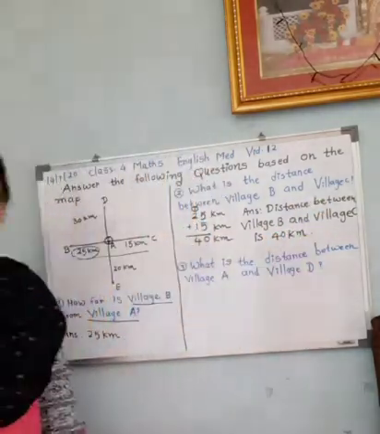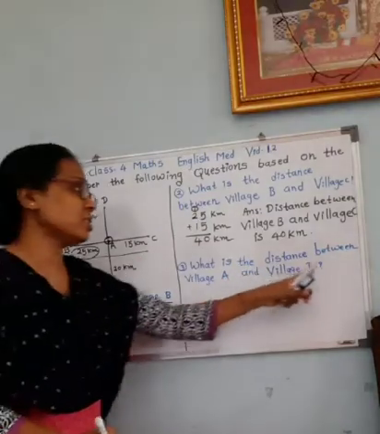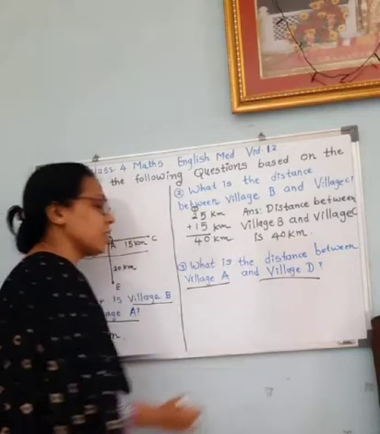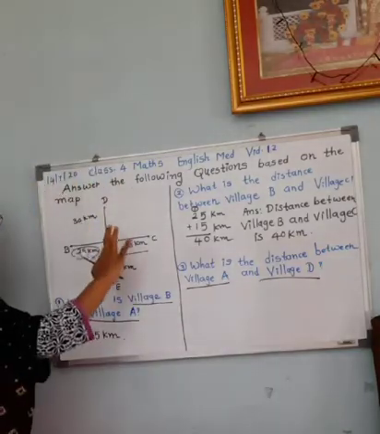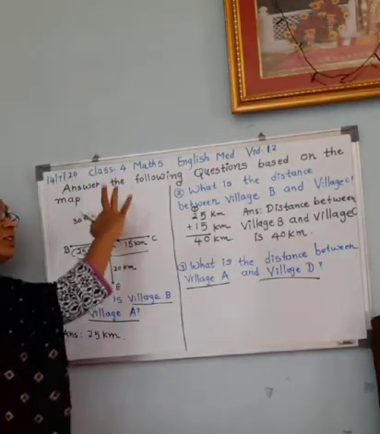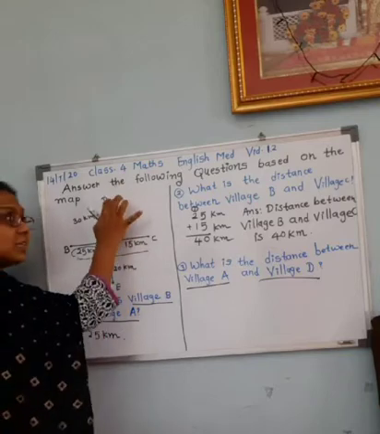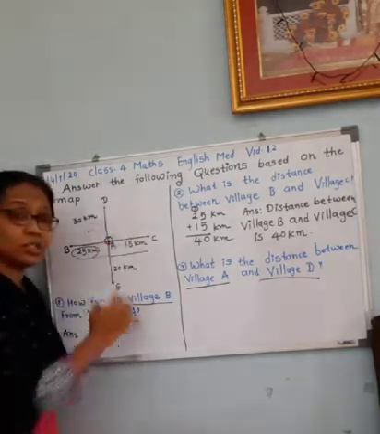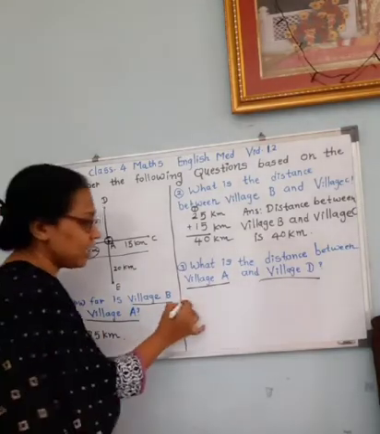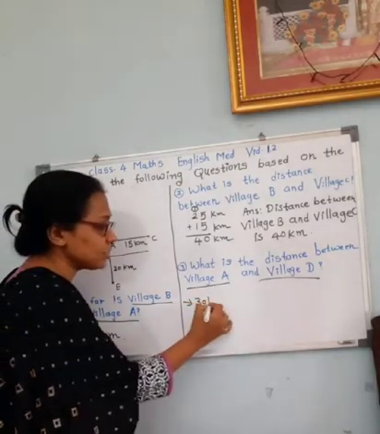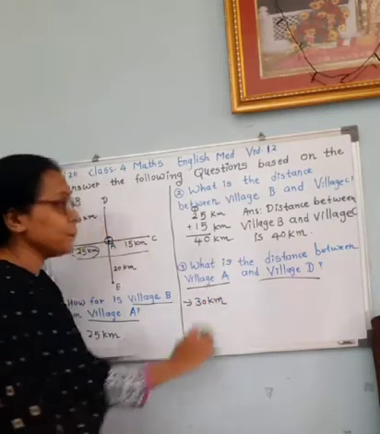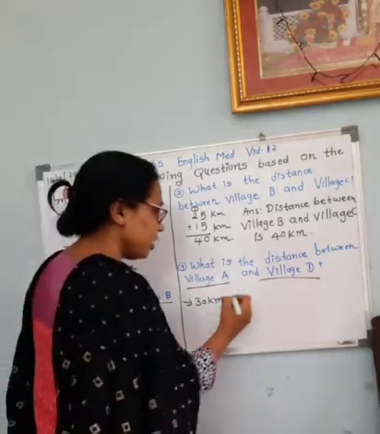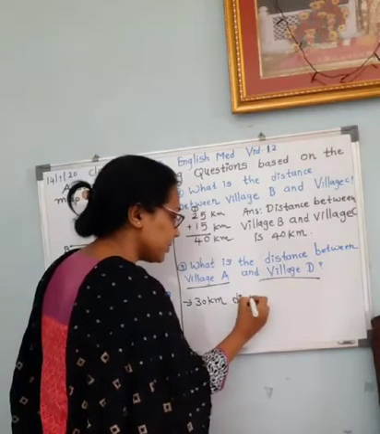Now the third question. What is the distance between village A and village D? You can see here village A is here and village D is here. So what is the distance between village A and village D? Yes, 30 kilometers is the distance between village A and village D. So write the answer, 30 kilometer distance